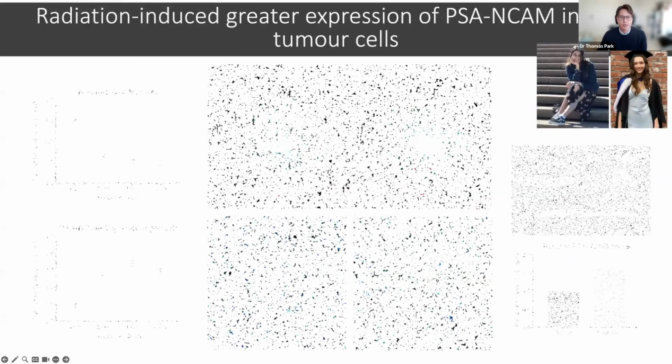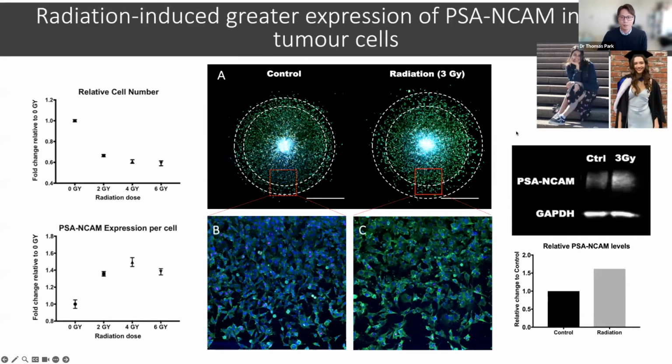We then looked at the radiation-induced migratory cells, and you can see that although the normal migratory cells did express PSA-NCAM, and these are the levels here, when you increase the radiation dose, so when you give them radiation, they actually increase the expression of PSA-NCAM. You can see that quantified here. It's pretty clear by how bright the green is in this picture, and also the brighter band that you see there in a Western blot. So when these cancer stem cells or GBM stem cells get irradiated and they survive, they increase PSA-NCAM,